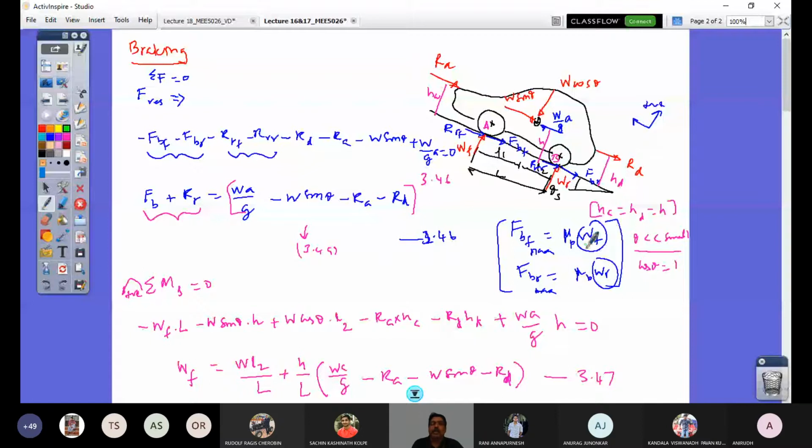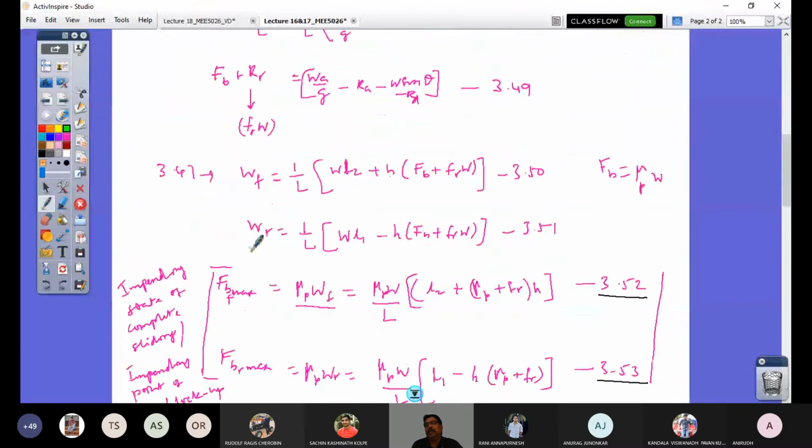So that we have understood, that is why we were able to use this free body diagram of the whole vehicle, incorporating all the resistances or external forces acting on it during braking, to derive the normal loads at the contact patch. The normal loads at the contact patch can be easily obtained from the moment equilibrium equation, and we have got the maximum values in terms of vehicle parameters.